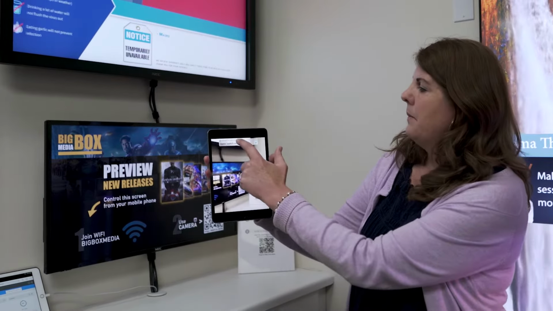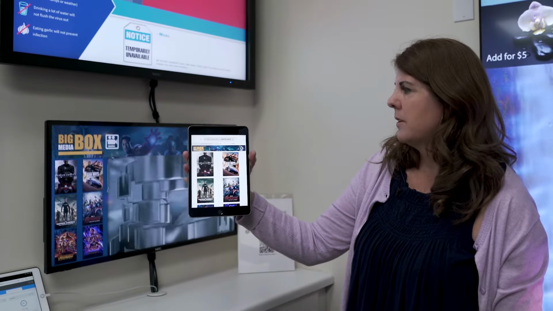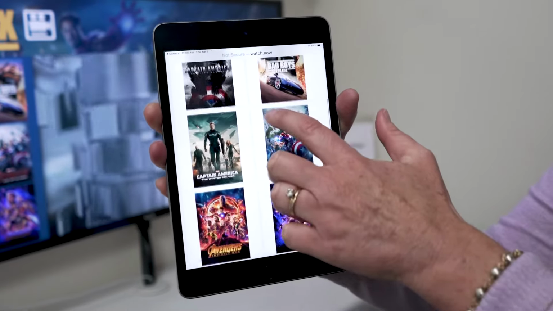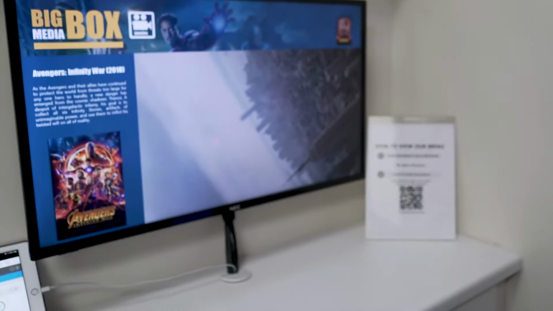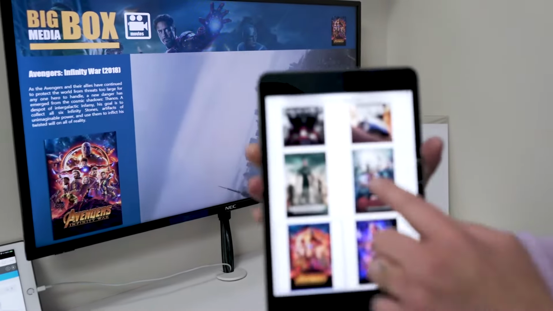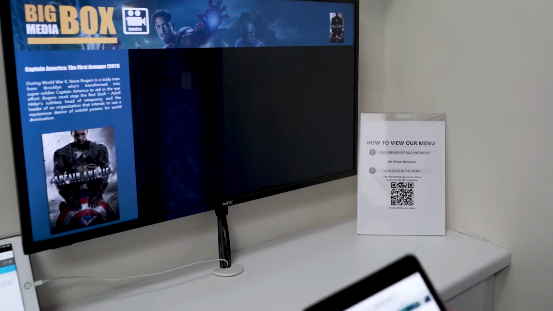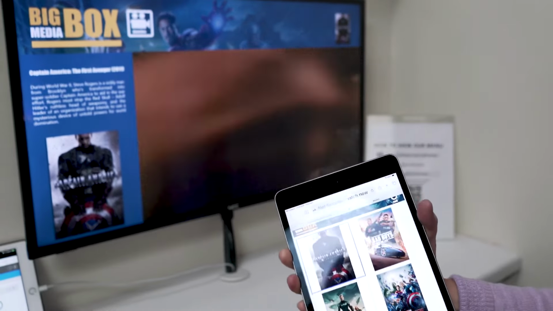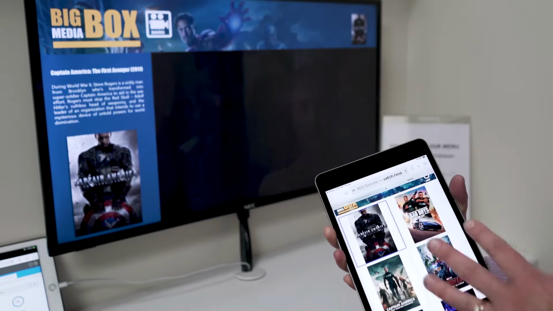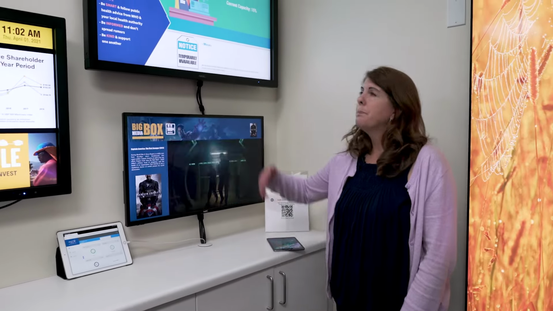And when we tap on that, it will bring up an interactive web page that allows us to control the signage. So I can scroll through various movie trailers, and when I tap on one, it will start to play back on the screen, as you can see here. And I can scroll through and pick another one at any time, and it will change that content. So you can get some ideas about using this for product displays, for instance, and it takes the place of a touch screen so that it's sanitary since you're only using your own mobile device and you don't have to wash your hands afterwards.